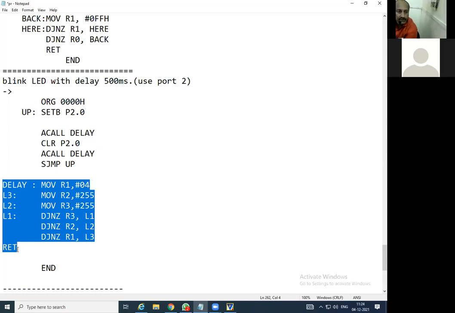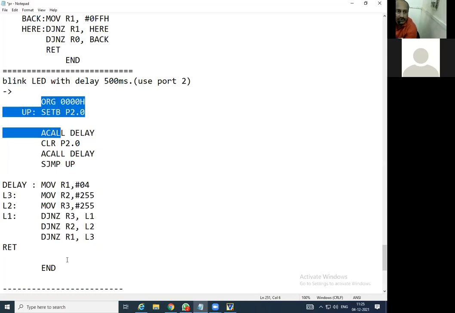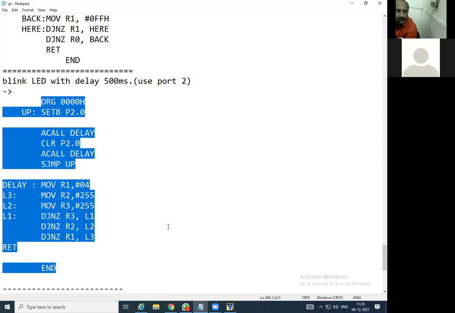Okay, so just take the time and if you want, just note it down, this particular code for blinking the LED with delay 500 millisecond.